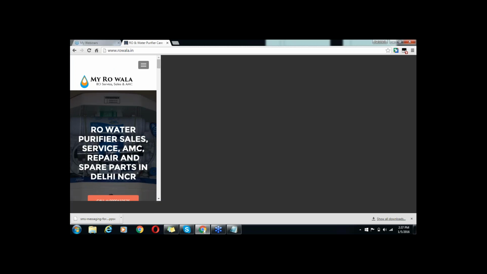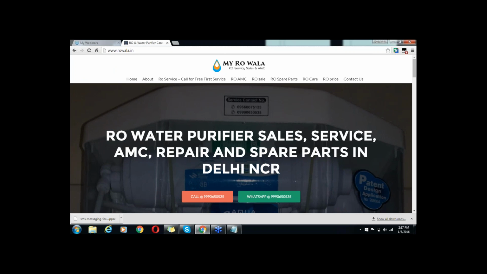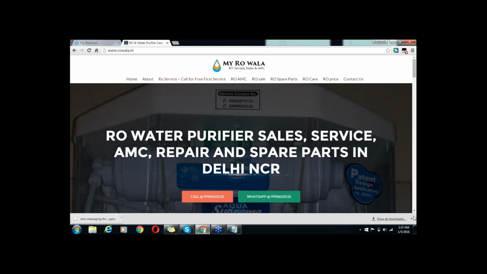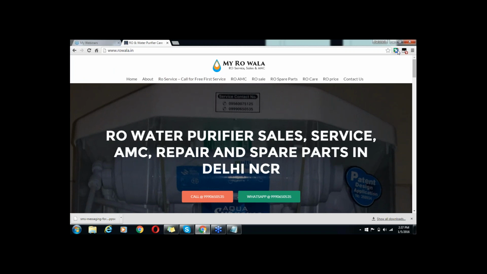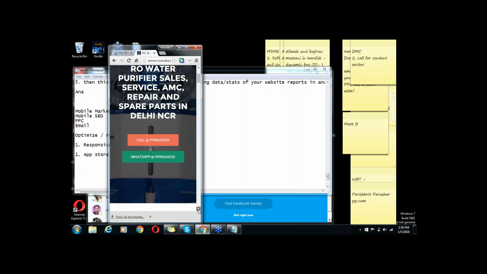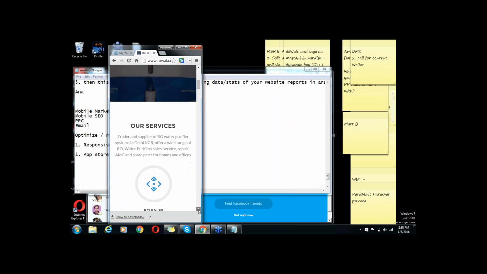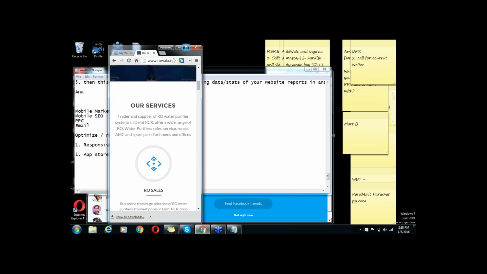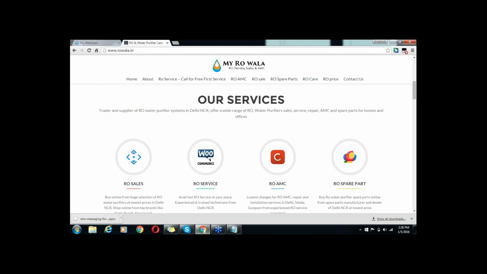So you can see that right now I'm opening this website in the web browser, and it's opening well. If I am resizing the window, even then the website URL is not changing. You can see that the website URL is the same, www.arowala.in, and the same content is readjusting itself to optimize for the device size. This kind of feature is called responsiveness. If your website is responding to the different sizes of the device, then it is called a responsive website.